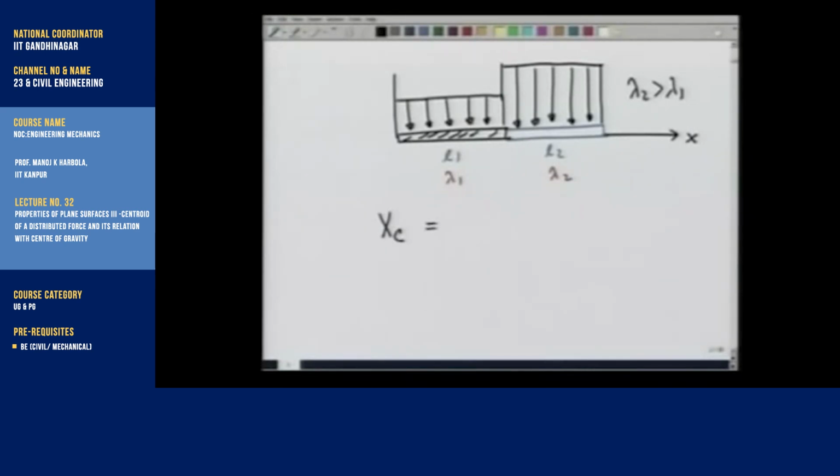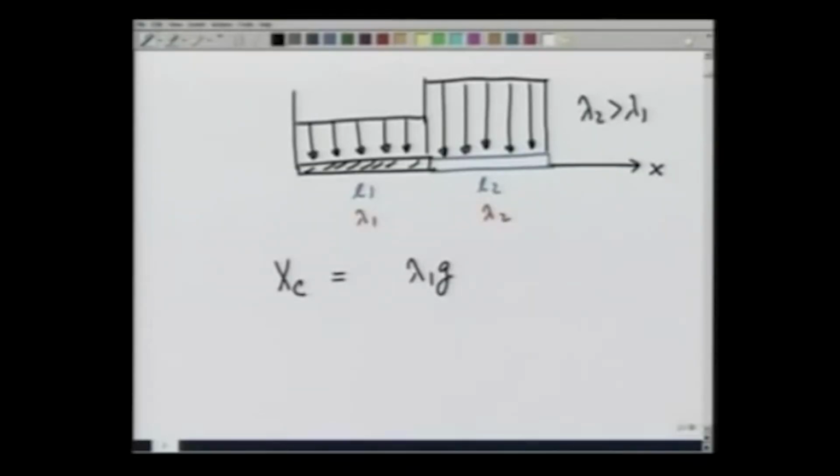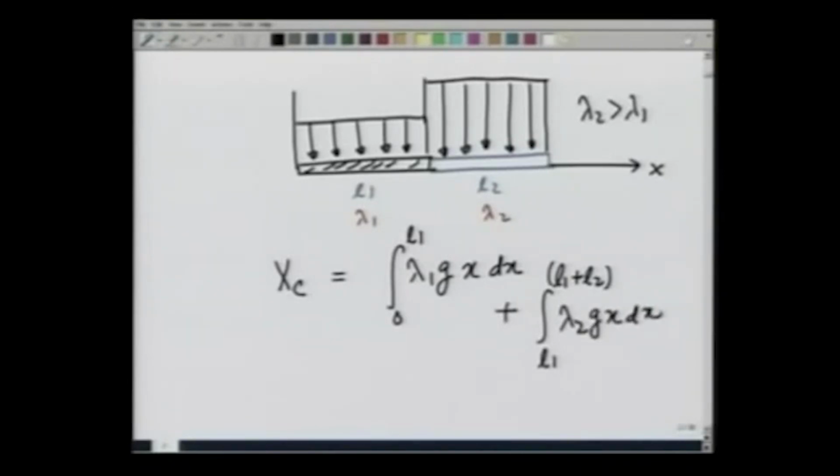So, this is going to be lambda 1 g, the load per unit length on the first part, times x dx integrated from 0 to L1, plus the integration from L1 to L1 plus L2 of lambda 2 g x dx, divided by the total area, which is going to be (lambda 1 L1 plus lambda 2 L2) times g. You see, g cancels from the denominator and the numerator, and I am left with